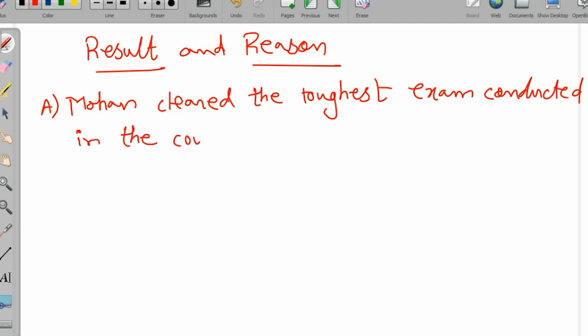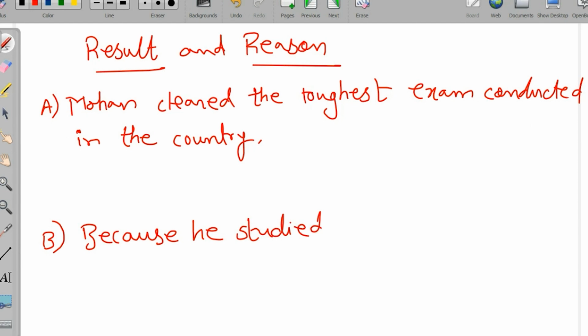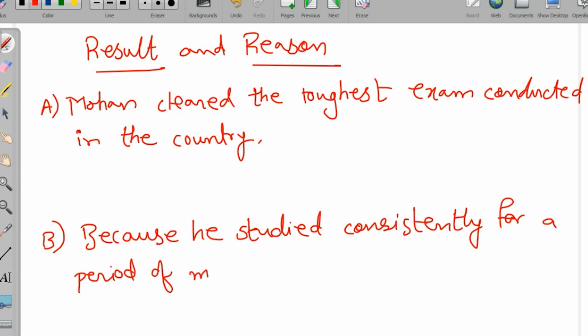Okay. And statement B is saying that because he studied consistently for a period of more than 12 months. Now, if you look closely at the two statements, you can see that statement 1 or statement A says about